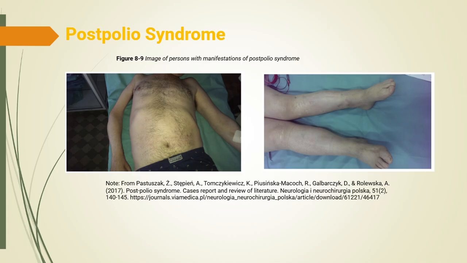The nurse's role is to monitor mobility changes, support safe ambulation, and encourage energy conservation techniques. These patients benefit from low-impact, non-fatiguing exercise, assistive devices, and pacing activities to prevent overuse of weakened muscle groups. It's important to remember that people with post-polio syndrome are at higher risk for falls, respiratory complications if respiratory muscles were involved, and progressive loss of independence. Our nursing care focuses on safety, mobility support, pain control, and teaching patients how to prevent muscle overuse while maintaining as much function as possible.